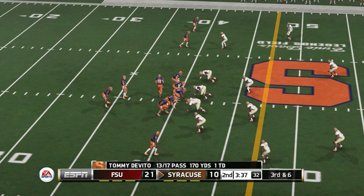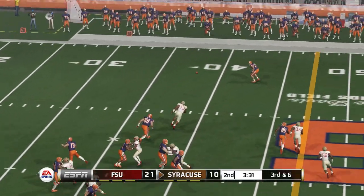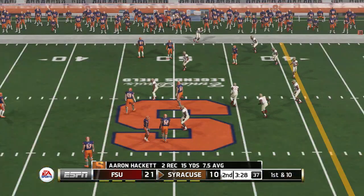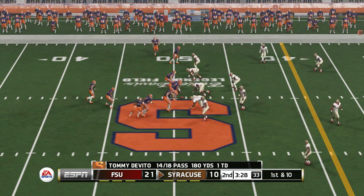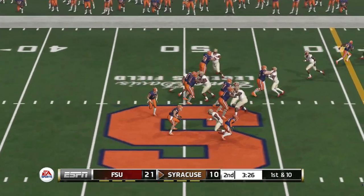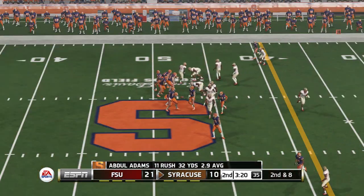They'll line up with 5 wide receivers. Passes. Tight end's got another one. He gets hit out of bounds at the 49. He gets out to about the 48-yard line. That makes it 2nd and